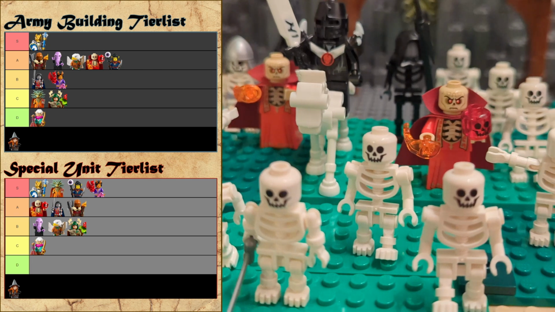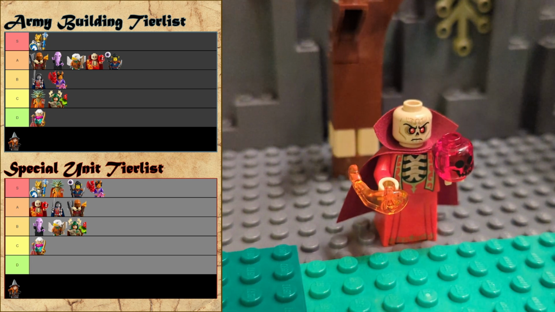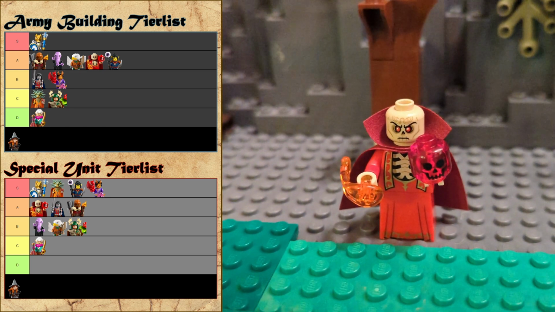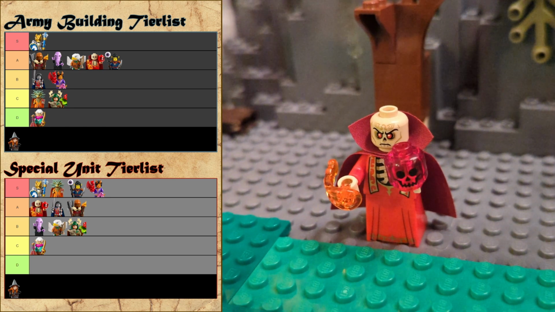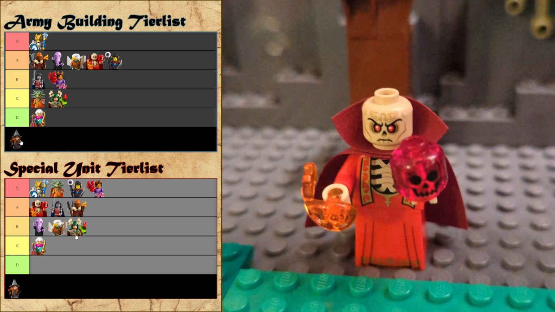In terms of special unit creation, I mean, it's a Lich. I don't know what more I need to say. It looks really cool. It's great. I could have a few more accessories. I think it's a really well done minifigure. I love that you can see the ribcage through the cloak. Great special unit creation. And finally, we have Tasha the Witch Queen, and we're gonna put her at the bottom of B tier for army building,